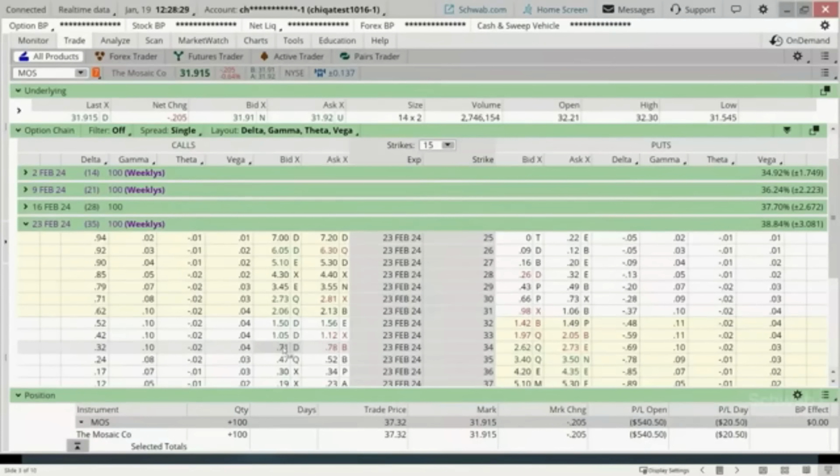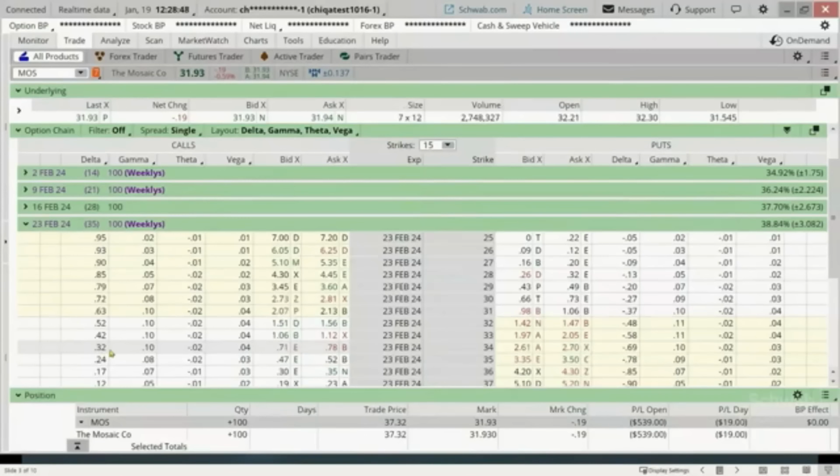This is going to be a short call vertical. On a short call vertical, I'm going to sell the lower strike price. And why am I picking this strike price? Because my delta on this strike price is about 32.